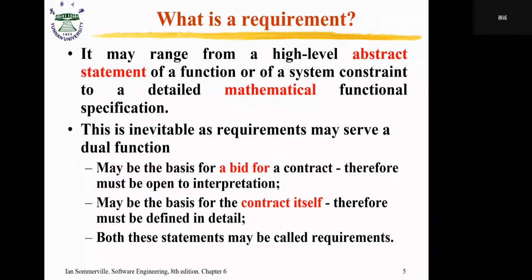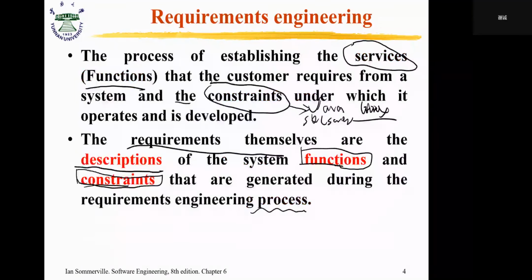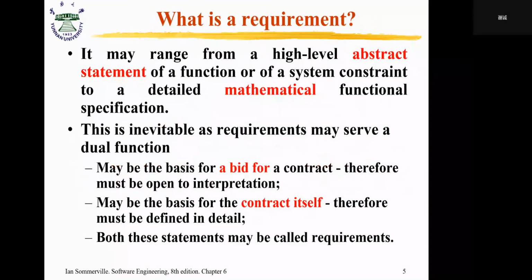And what is the requirement? What things does it describe? It may range from a very high-level abstract statement of a function of a system or a constraint, to a detailed mathematical functional requirement specification. So the high-level statement is for the user to read, and the detailed mathematical